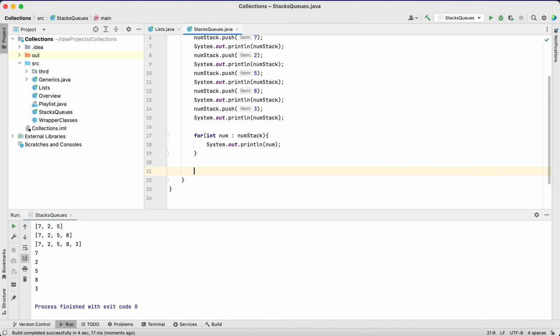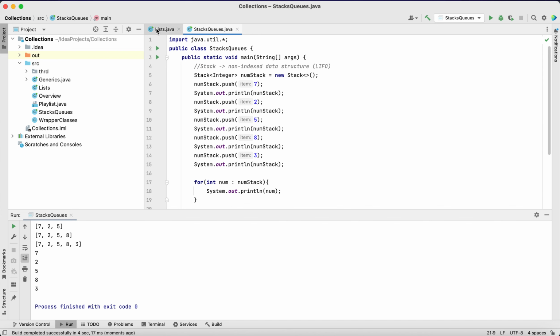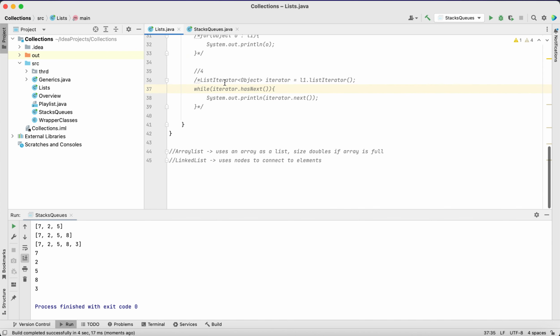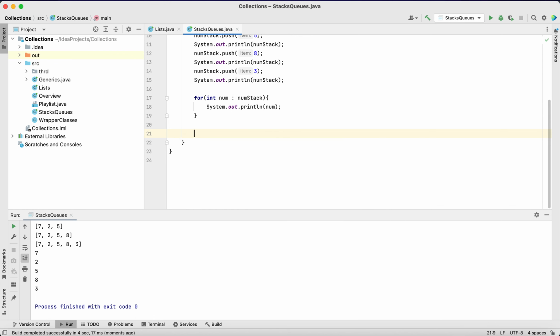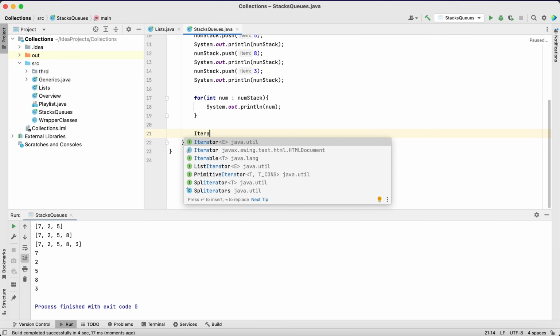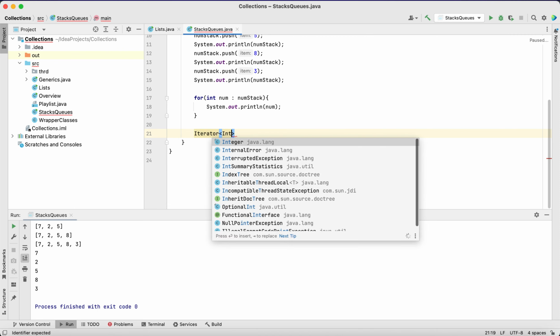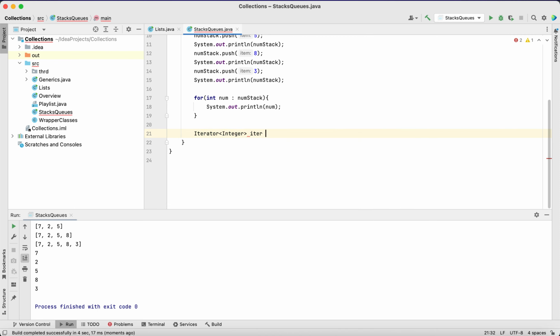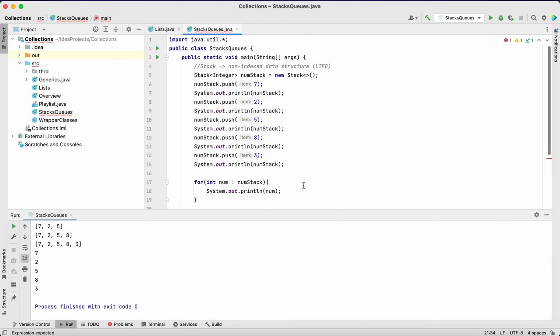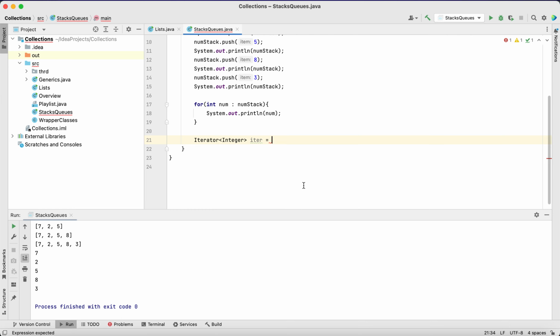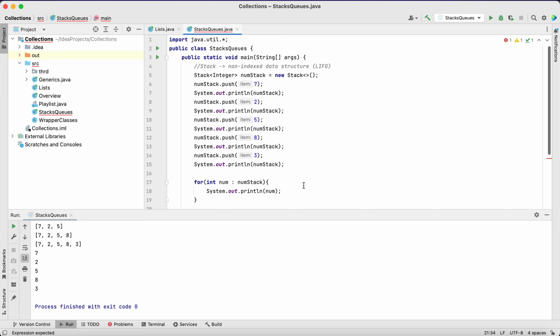Another way we can do this is to use an iterator. Now in the list class, we used a list iterator, which has many methods, and with it elements in the list can be modified. However, here we have to use the default iterator. So Iterator of Integer, let's call this iter equals. Keep in mind that Iterator is an interface, meaning that you cannot directly make an object without implementing all the methods. So we want to do